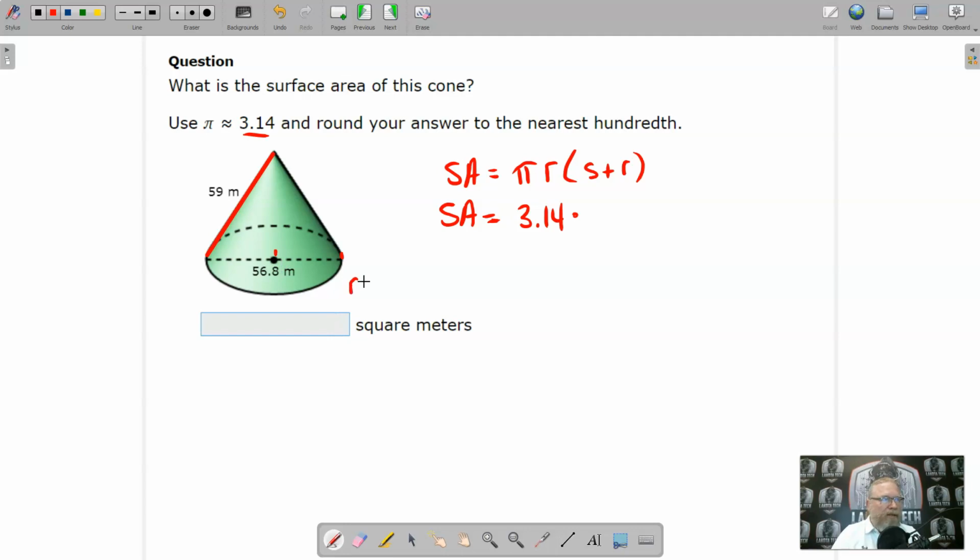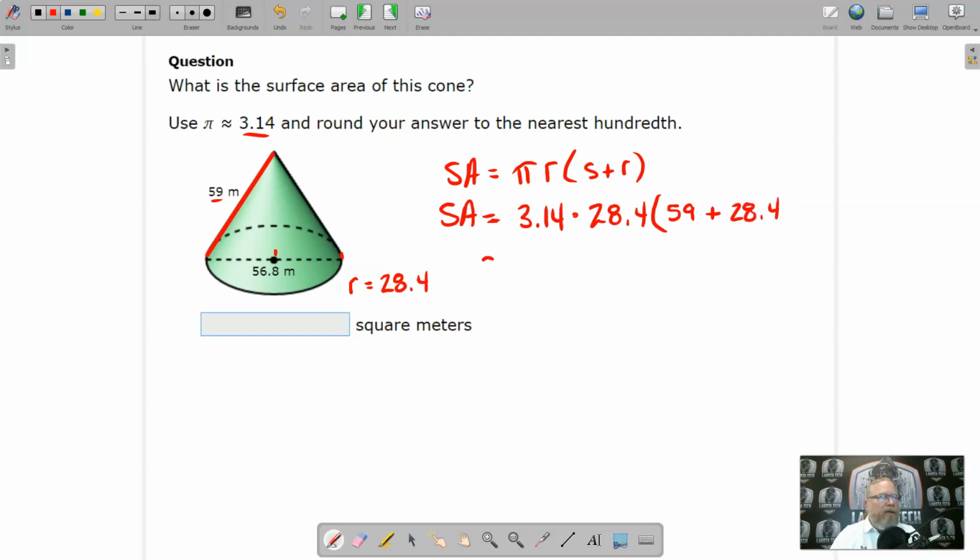So our radius is going to be equal to 28.4. So let's go ahead and put that in, 28.4. And then we're going to multiply that times the quantity of the slant, which is 59. And added to the radius, yep, of 28.4,